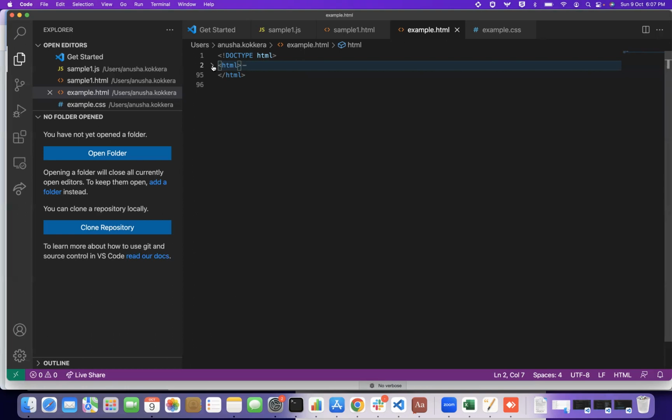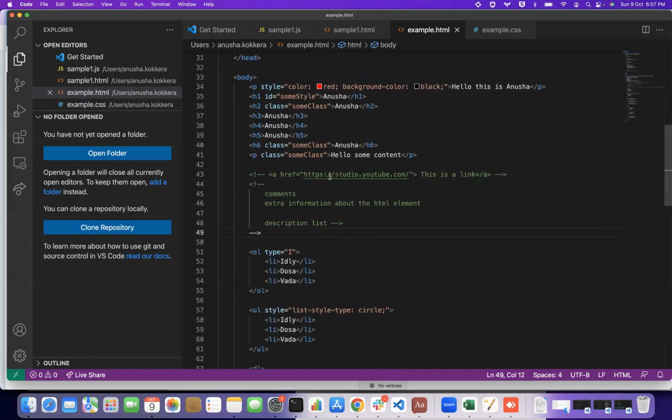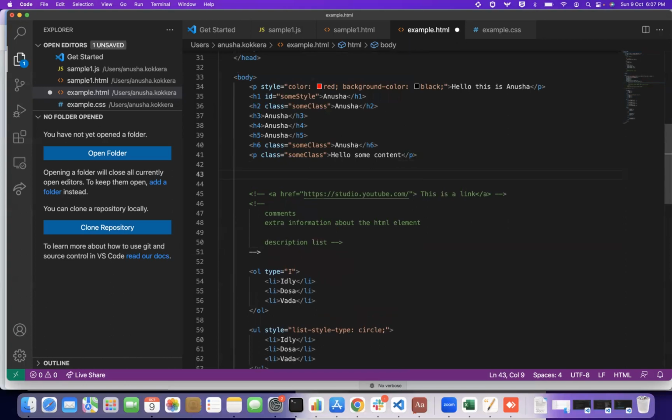Which styling is preferred, is given higher precedence? Inline is given the first preference. Then internal. Then external. So there is also one tag called the BR tag, which is used for defining a line